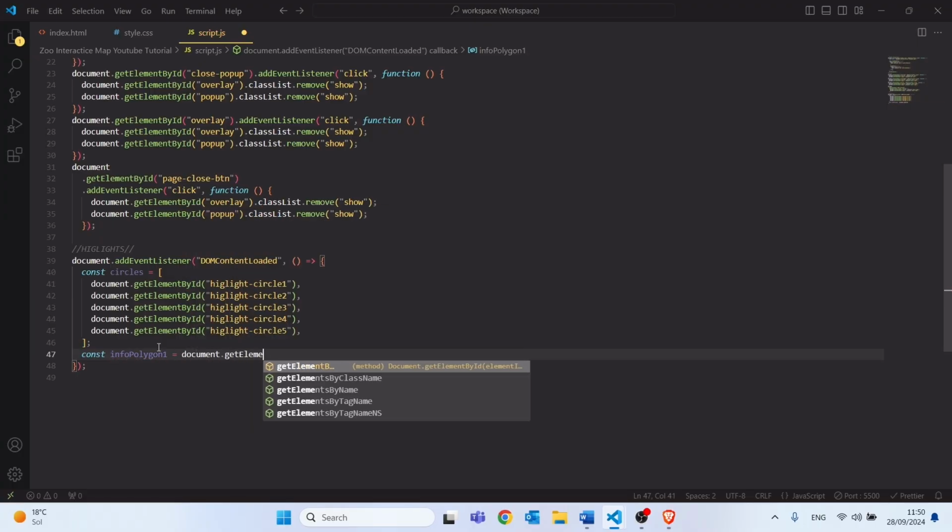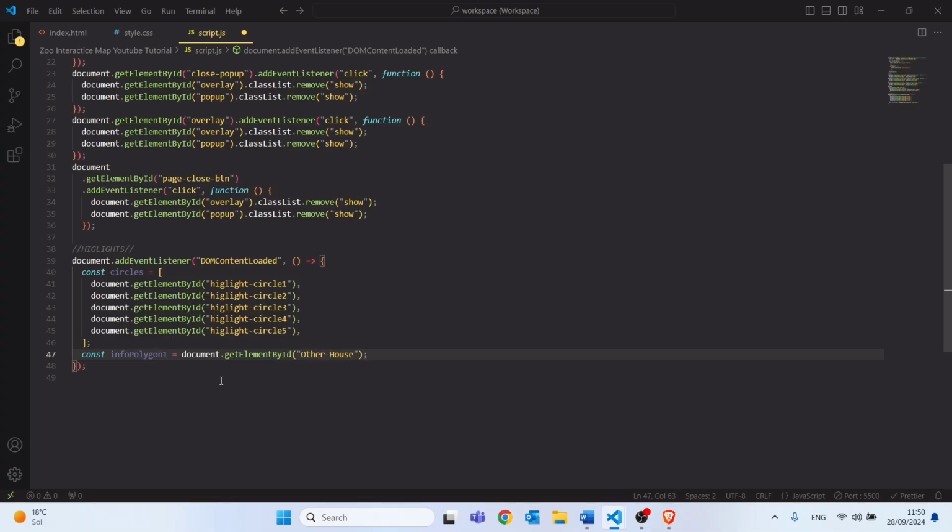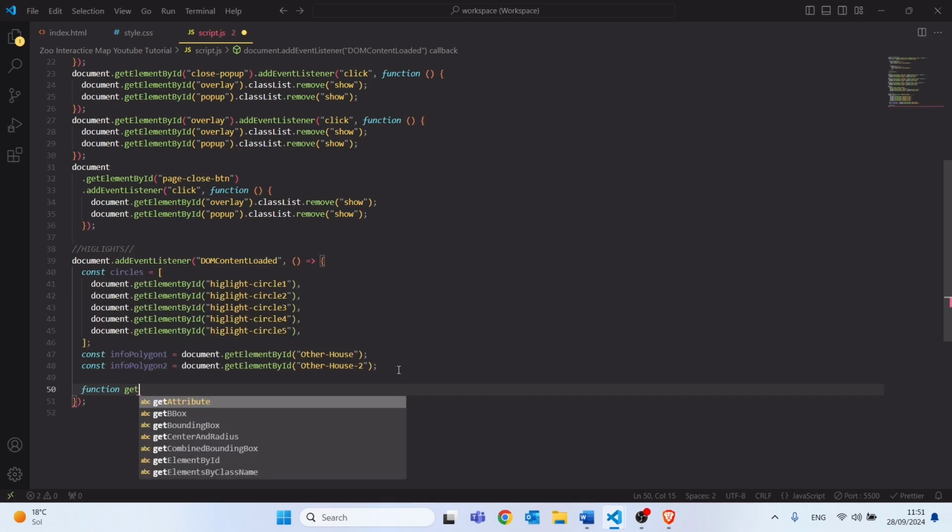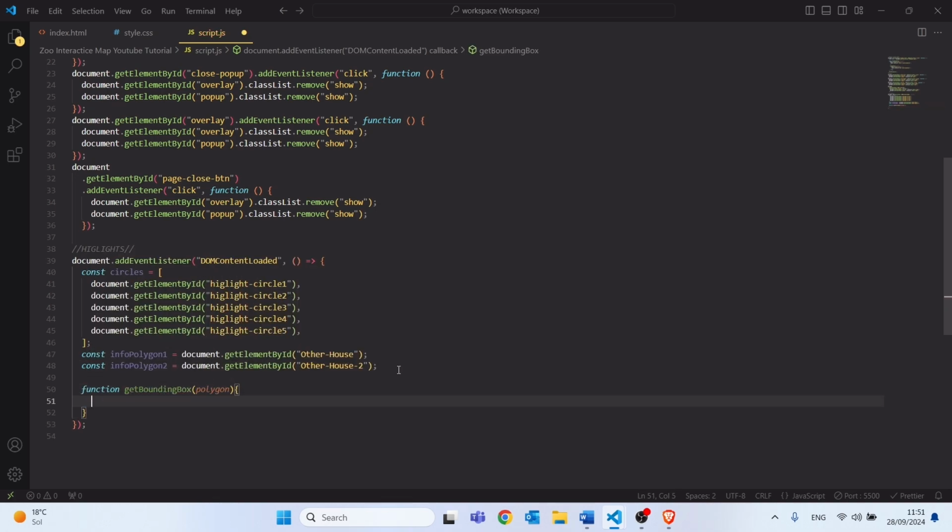I will use document.getElementById to find 2 polygons named other house and other house 2. These polygons will be then stored in variables info_polygon1 and info_polygon2, so we can easily work with them later in the script. For the next step, we need to create a code to find the smallest rectangle that can fit